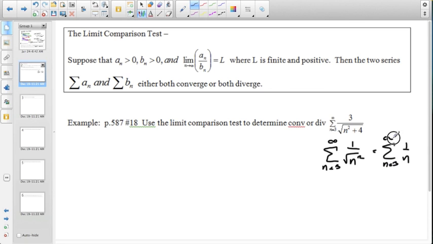And if you notice, we're starting at 3 here, which doesn't really matter because we're looking for convergence or divergence. So we're really looking at what's occurring over very many terms, and what's happening at the beginning is really irrelevant. This would be important if we were trying to find a sum, but we're not trying to find a sum. And so we're going to compare it to this. It doesn't matter which one's A sub n or B sub n. We don't have to determine